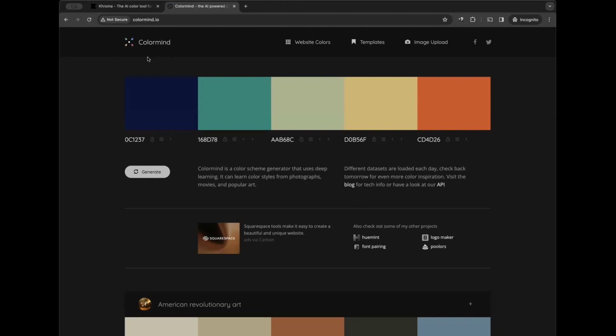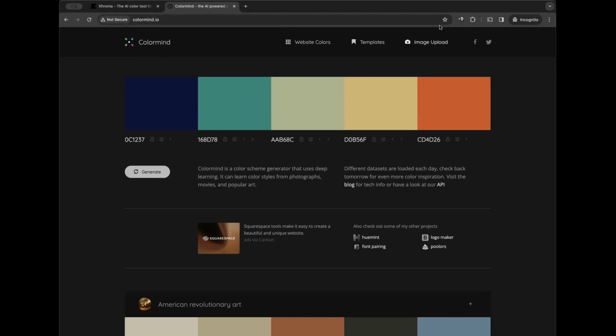ColorMind does almost the same thing, but it's a little bit advanced, and I'll tell you why. For example, all you have is a reference. You saw a logo or a picture of a building and said, wow, I like the colors that they've selected. I want to see how I can use these colors in my own brand and how they will fit. You don't have to tell your designer to start designing with those colors. You have to check how it fits and how everything plays out first.